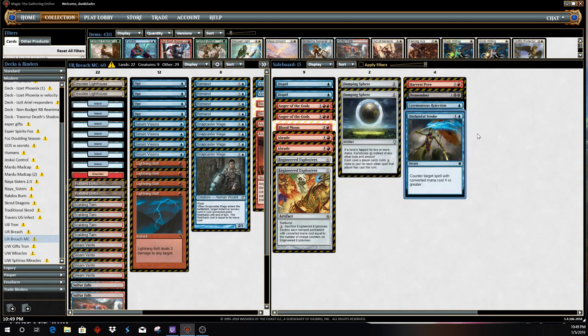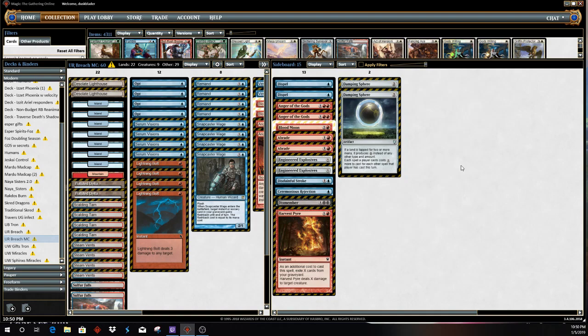Disdainful Stroke is also a flexible card, can come in against control decks, comes in against the big mana decks. It was kind of a clutch card in our last couple matches against Valakut Shift and Amulet Titan. And then Damping Sphere also ended up being relevant against decks like Cheerios, against decks like Amulet Titan. So overall, I would say we went technically 5-2-1 in matches played,